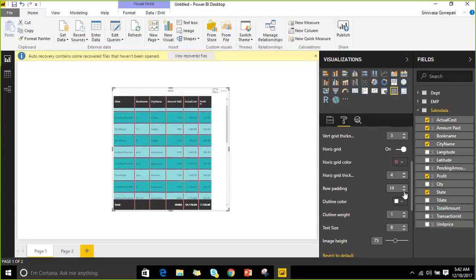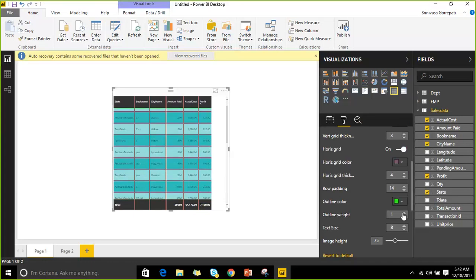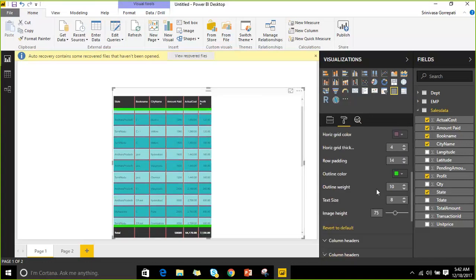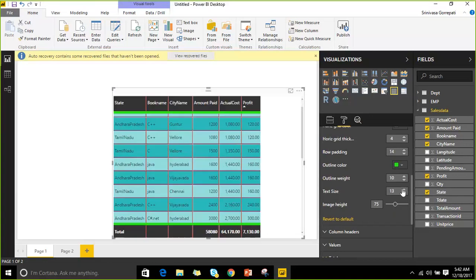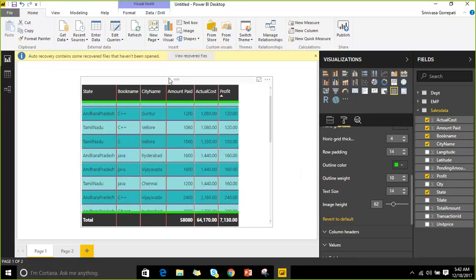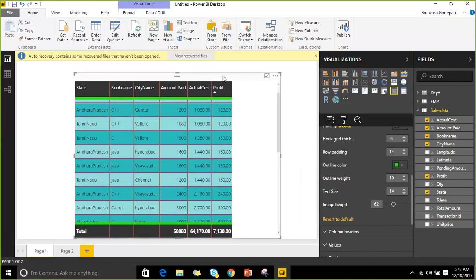And outline color. Outline is nothing but the line between the header and the values. So what is the outline color? And you are able to see, or if you want to increase the outline, now you can identify whether the outline is there or not. And text size, the overall visualization, what is the text size? Okay. And image height, for this concept we don't have any configuration. Okay. So this overall visualization,